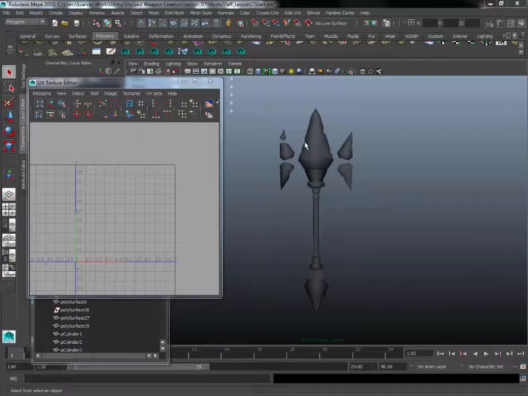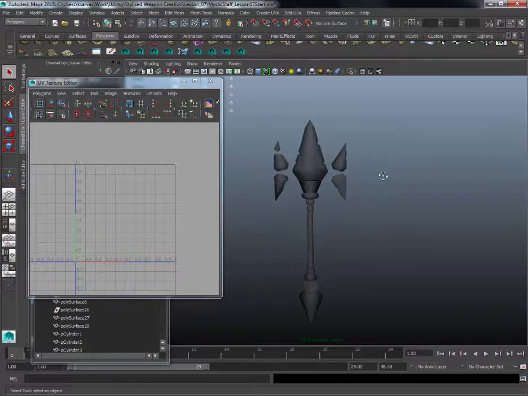Alrighty, now that we've completed the retopology in the last lesson, which was lesson 6, we are now ready to UV each part of this weapon. Now, for this class, I will be demonstrating how to UV this weapon in Maya by utilizing the planar mapping